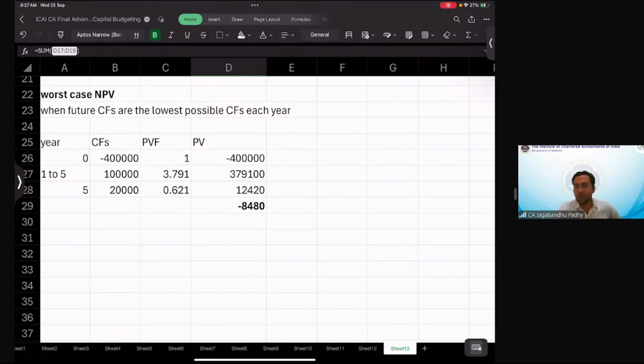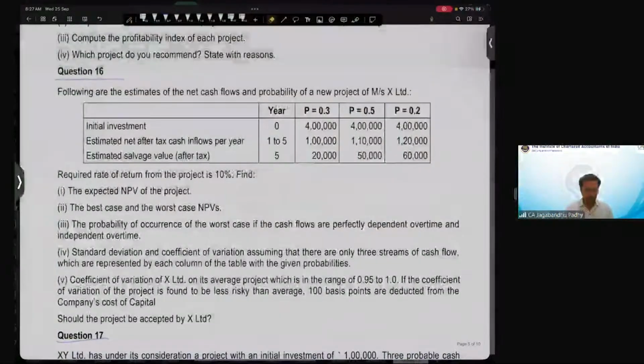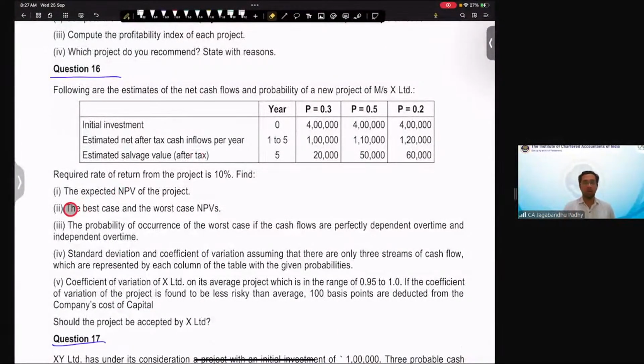Okay, so when we look at worst case and best case, it is just taking the amount of cash flow which is possible to the best possible and the worst possible. That's the second part done. Now the third part. The probability of occurrence